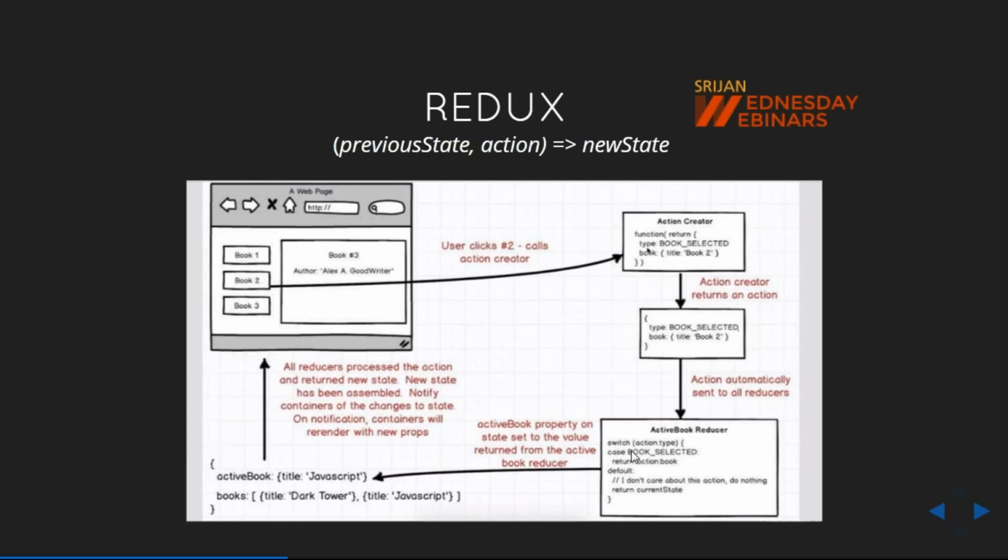I am firing this book selected action. So the book selected action you have fired, what I need to do is return you some state object. Now we have the state object from this reducer. Here we have only two reducers: one is the active book reducer and one is the book list reducer, because I am showing the list of the books using the book list reducer, and I'm showing the active book using the active book reducer. So I'm just combining the output of both reducers here, and I got the final output at the Redux layer.